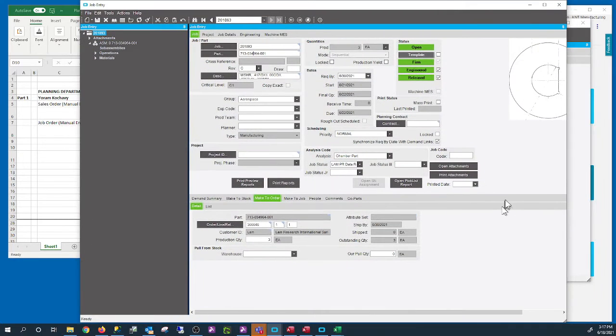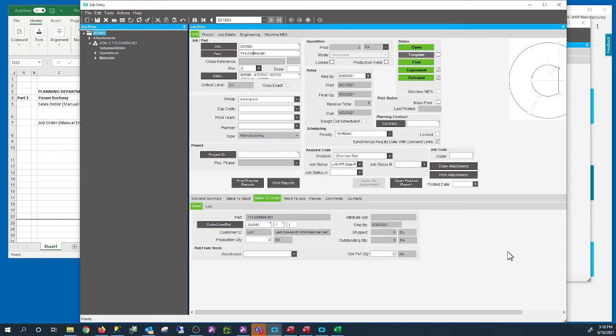Okay, so the next thing we're going to do is print out the job traveler, as well as the pick list and all the drawings. No, the planner can only print preview, not print out the job traveler and job pick list. Those printing buttons will be locked to the planner. You can only do a print preview. It's not paperless today, but just FYI.